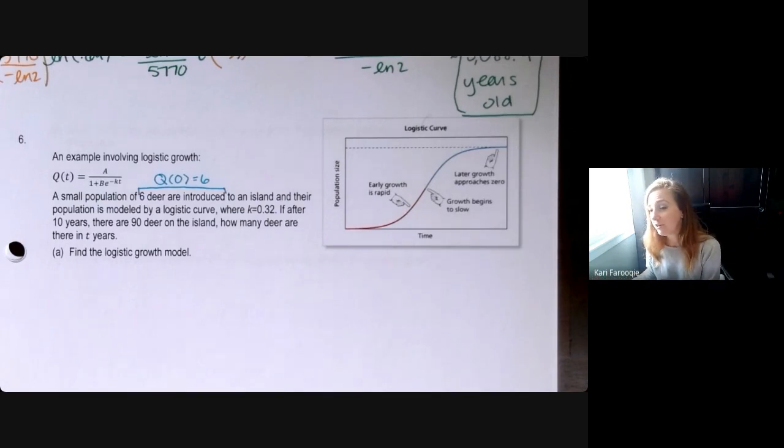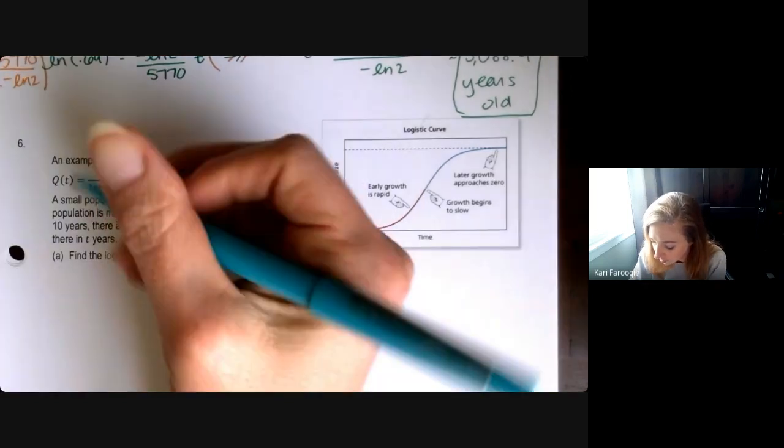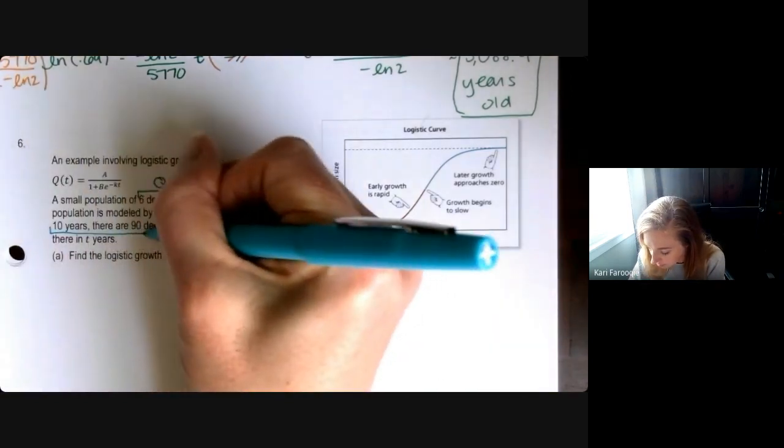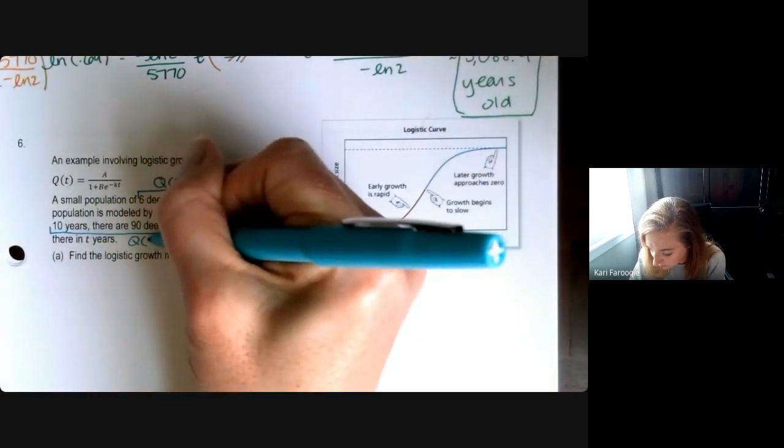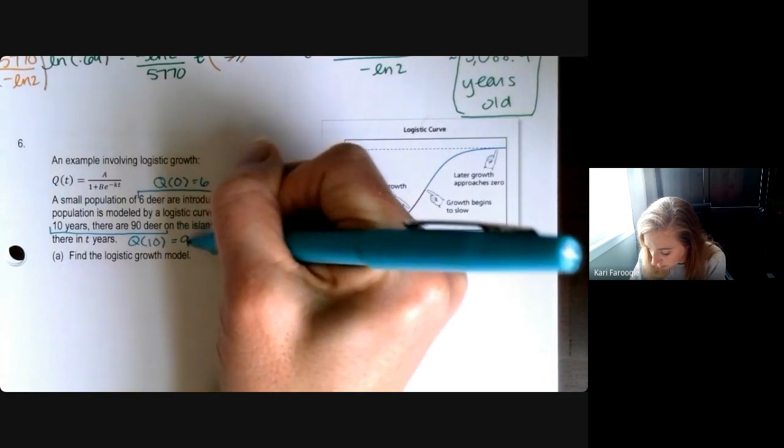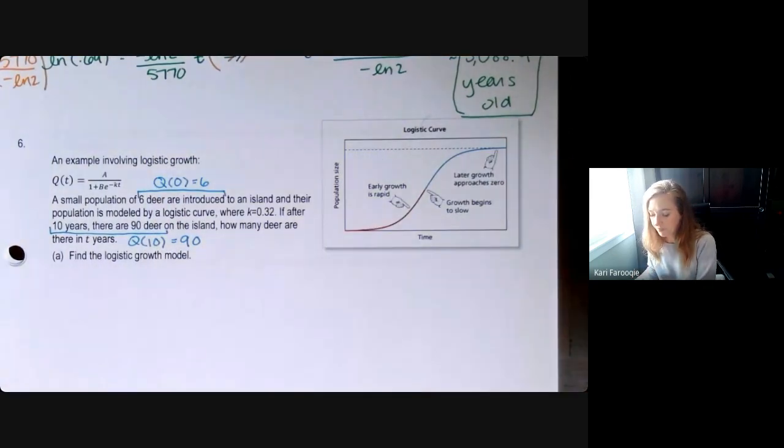If after 10 years there are 90 deer, so 10 years, 90 deer means Q of 10 equals 90. How many deer are there in t years? So we need to find a model that represents this data. Now, notice that you're given values for Q and T 2 times, but you're not given any information about A